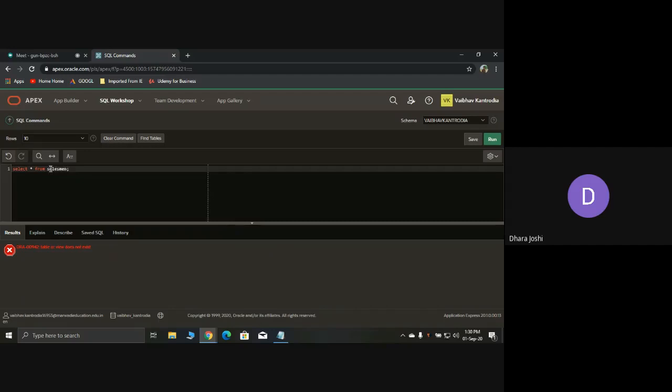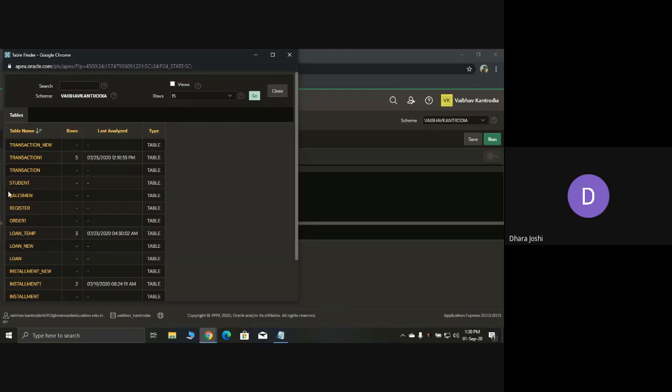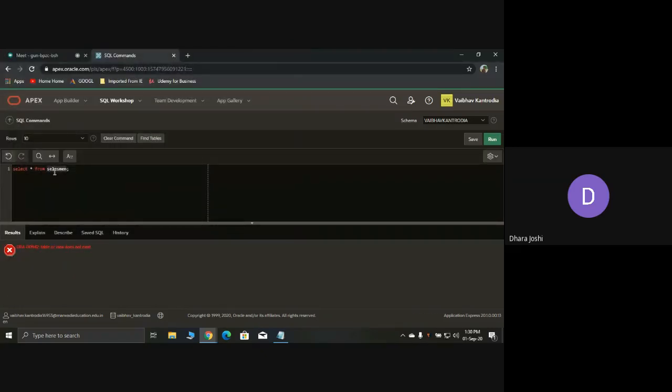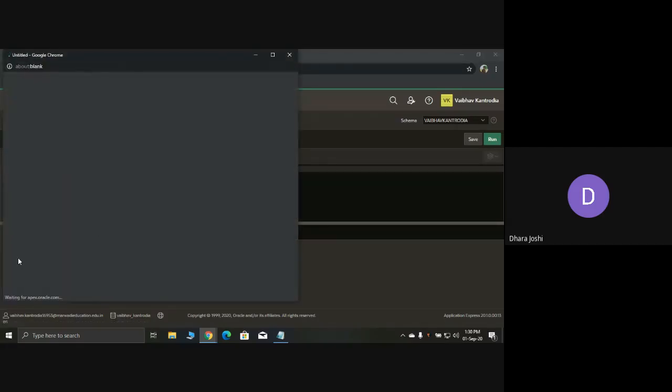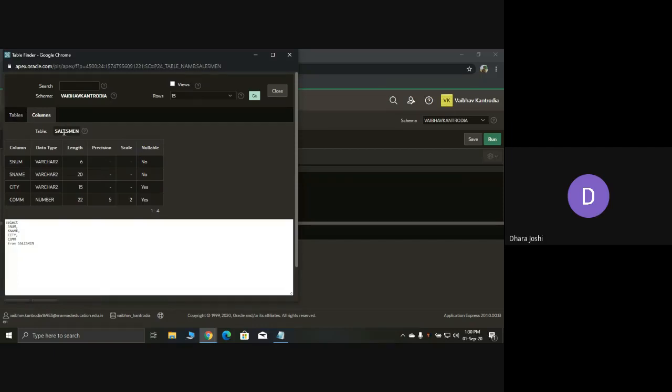Go into the find table and identify the spelling, copy it and paste it here. Do it easily, do not be nervous. Just copy it and paste it. You need not remember the same.